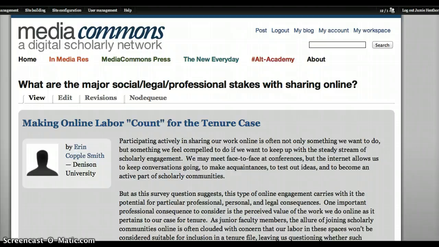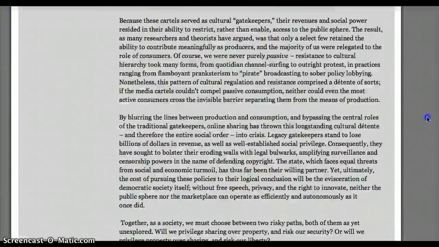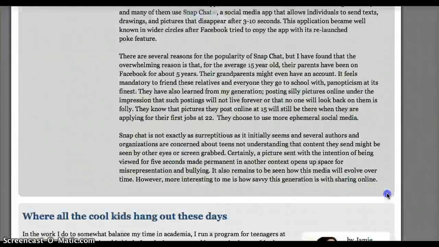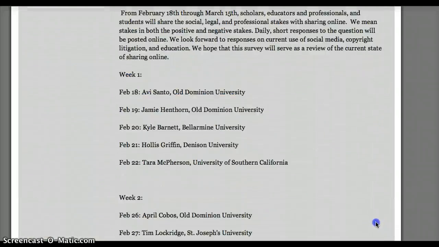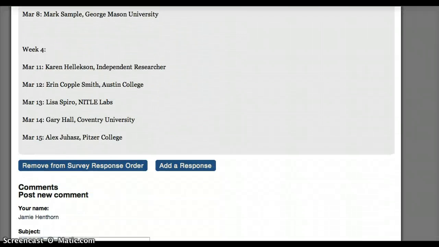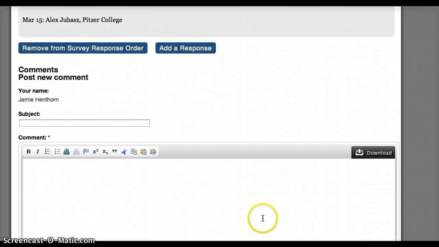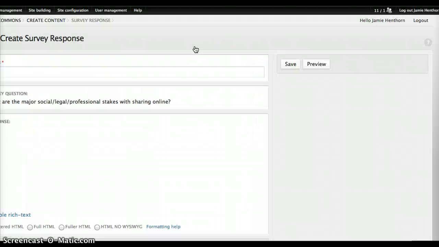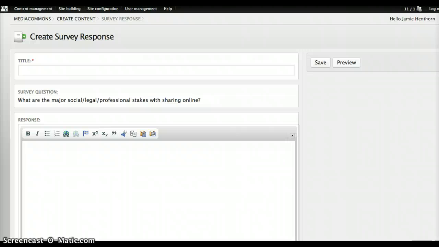And once you've clicked on it, you scroll down. This project is almost over, so it's a somewhat long question. But once you get down to the bottom, you have a couple different options, and the one that you want to pick is add a response. Go ahead and push that button. If you click on the comments, it'll show up immediately, but not as a response, just as a comment to the larger project. So you want to hit add a response, and once we do that, you're going to come to what is a pretty common looking